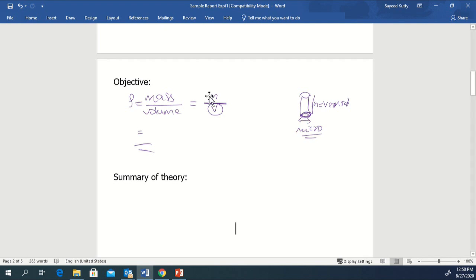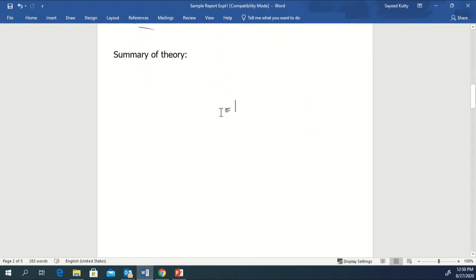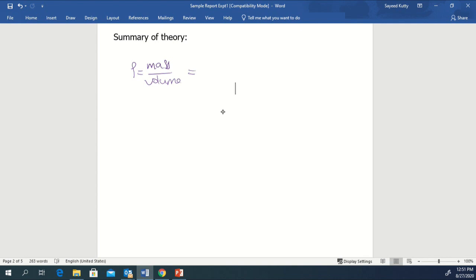Now, let me discuss how we can do the experimental part. Look here, we understand that the density is given by mass divided by volume. And of course, we need density in standard form. That means we need to get the final answer in kilograms per cubic meter. But in the beginning of the experiment, when we ask you to measure the mass, if you are using the balance, you will see that the mass is maybe 25 grams.